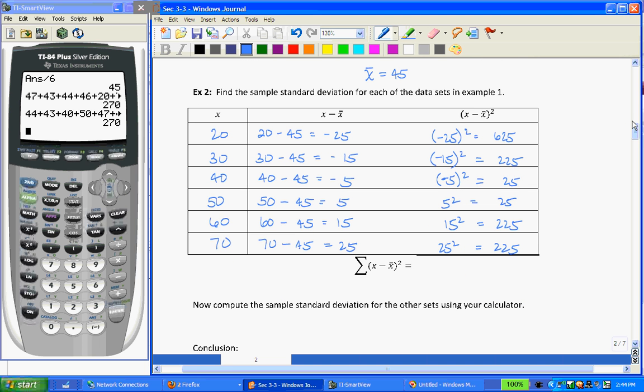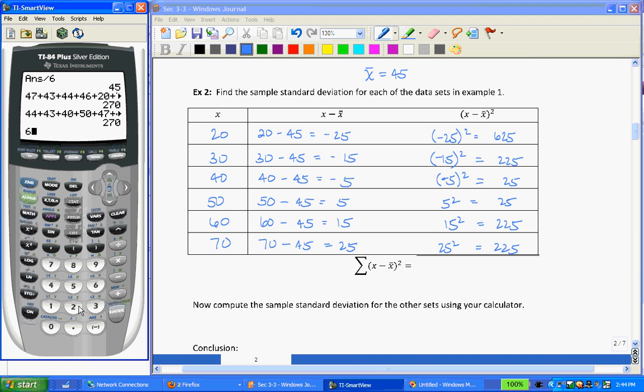Our next step, so we've done this so far, we've taken each data value, subtracted off the mean. Whatever that amount was, we squared it. That's what this represents here, the x minus x bar quantity squared. Now we're ready for this step here. We're going to sum up all of those numbers where we've already taken off the mean and squared. So we have 625 plus 225 plus 25